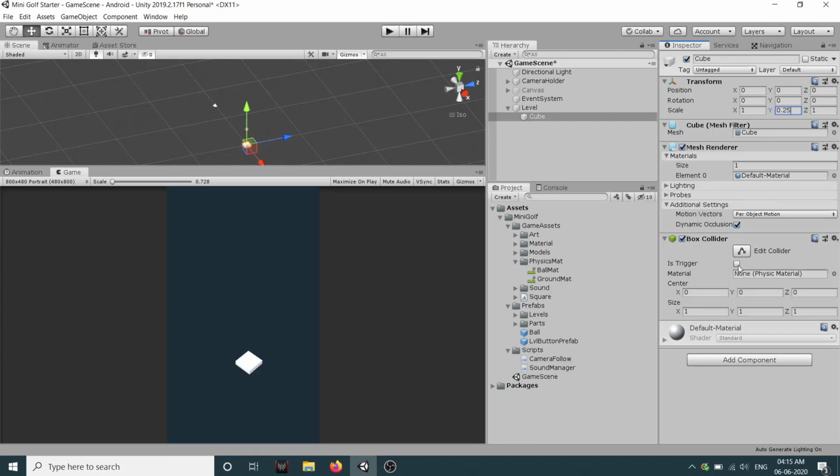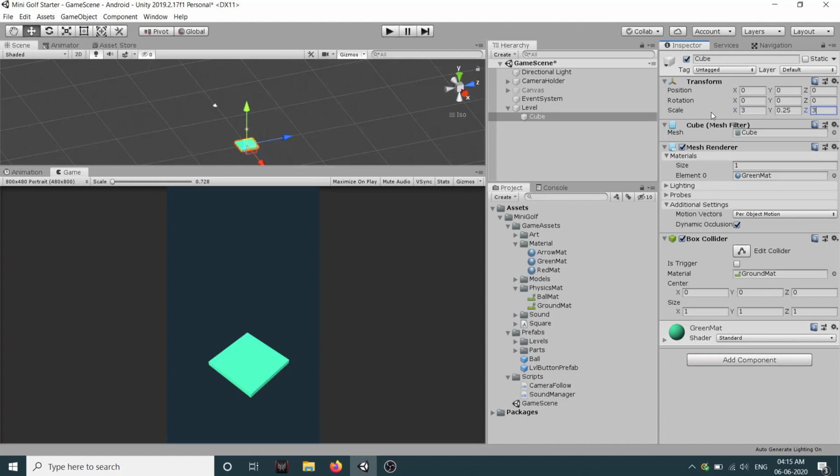So before we set the color, let's set the material. For box collider, we will drag our ground material to it, and for color, as you can see in materials folder, we have this red mat and green mat. So I will just drag our green mat here. Let's increase the x by 3 and z by 3, or maybe 6 by 6.